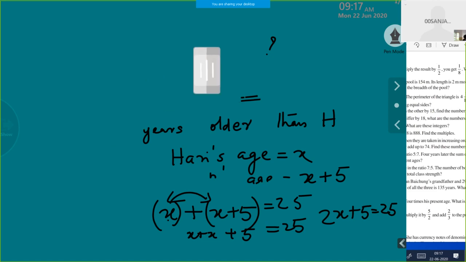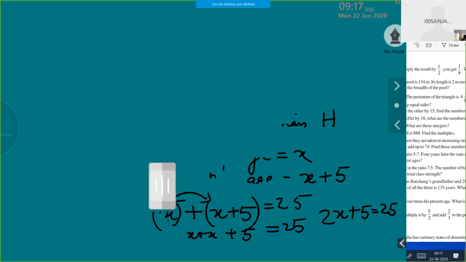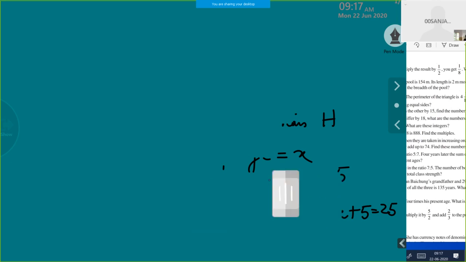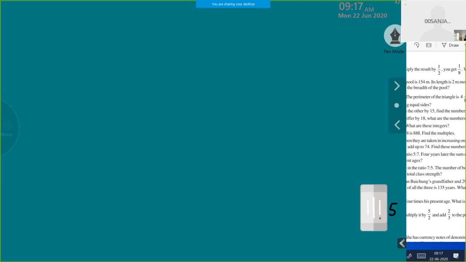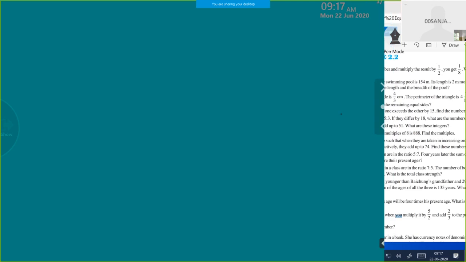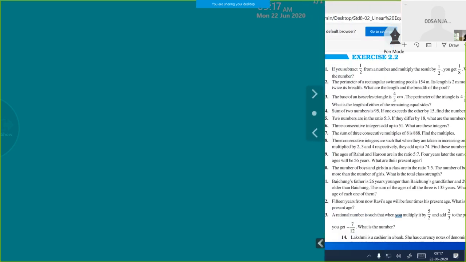You're going to learn how to frame linear equations and then solve them. Read the question and find out what things are given and what quantity is to be found. Then you can assume what to find out as the variable. With the help of the condition given in the question, use the terms. More than or exceeding are replaced by addition, less than by minus, and twice, thrice, half, etc. by multiply by 2, multiply by 3, as well as multiply by half.